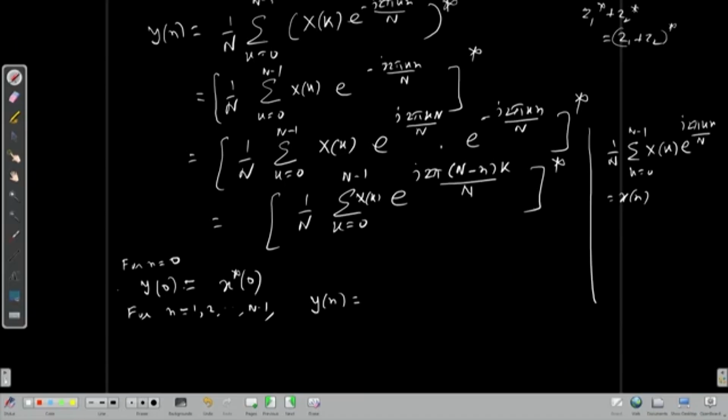If you call it an index, small n is, when small n is 1, it is capital N minus 1. When small n is 2, capital N minus 2, dot dot dot. When small n is capital N minus 1, it is 1. So, you get various values of x n, because this is nothing but IDFT at capital N minus n. Instead of small n, it is capital N minus n. So, it is,